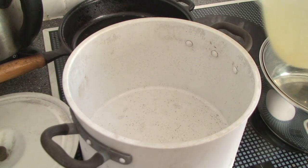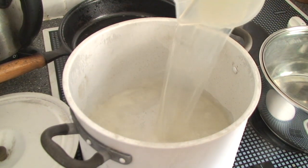Now, this is water that we boil some potatoes in for another meal. Now, when you boil vegetables, you can often boil out some of the goodness that's in them, and that goes into the water, and most of the time that water gets thrown away, so you're actually wasting some of the goodness from your vegetables. So don't throw out water that you've boiled vegetables in. Save it, make it into a stock pot, or as I'm doing, put it directly into your soup. So just add the liquid to a pan,